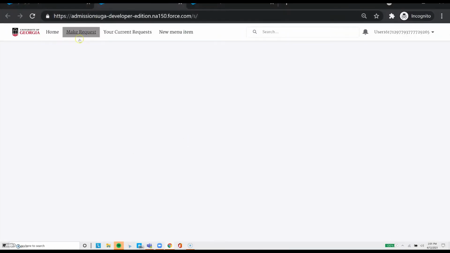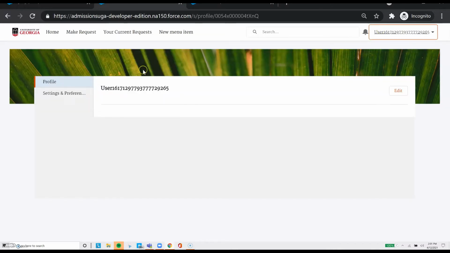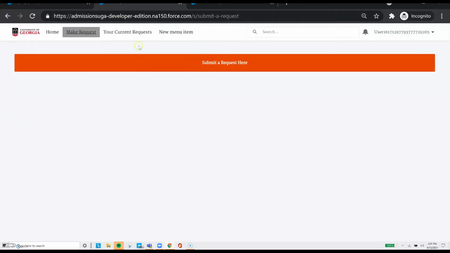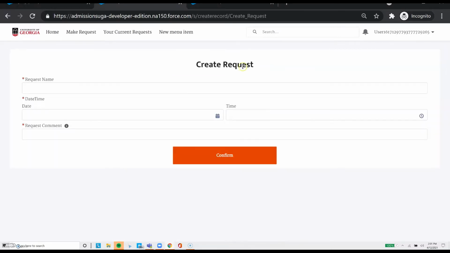As you can see, I'm logged in as the administrative user. Hank Schrader is our administrative user, and he wants to be able to make change to whatever he wants to. Let me just make sure that is his profile. Yeah, Hank Schrader. Okay, so if I want to make a request, I click on this, and as you can see, we're still playing around with the UI. We want to have a better setup, but our goal for the sprint was just to have that process automation set up. So I'm going to create a request,